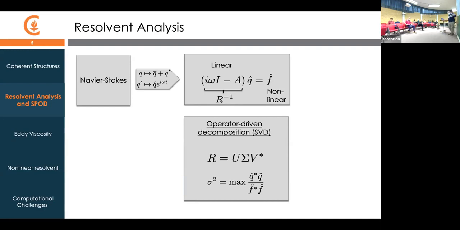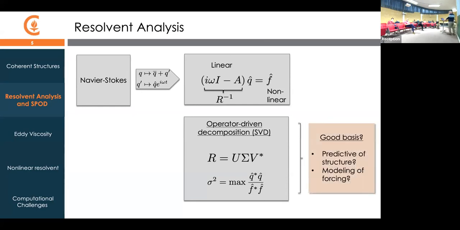So when we put the SVD in here, we get, of course, U sigma V star. The columns of U are the output modes of this decomposition. The columns of V are the input modes, and sigma is this diagonal matrix that represents positive gains between the inputs and the outputs, and which maximizes the rate of evolution.